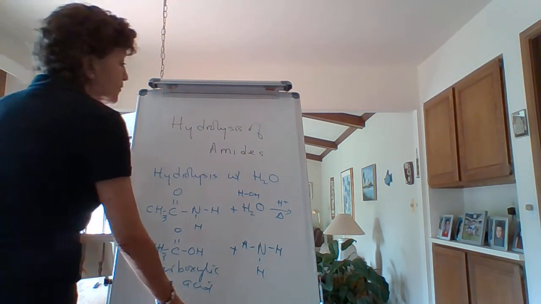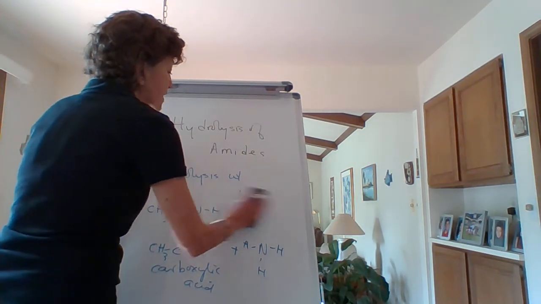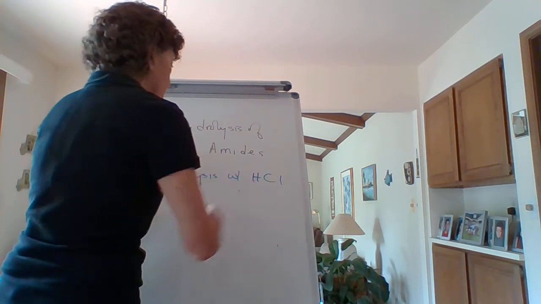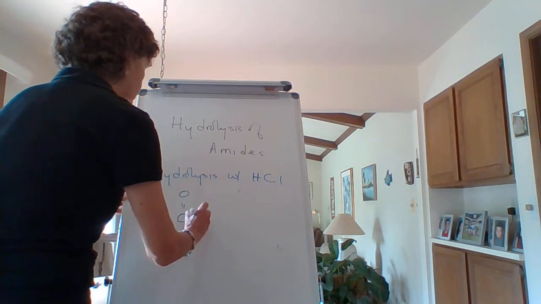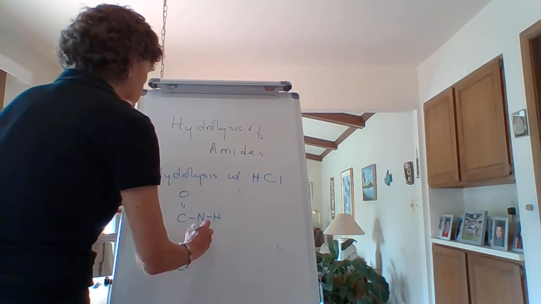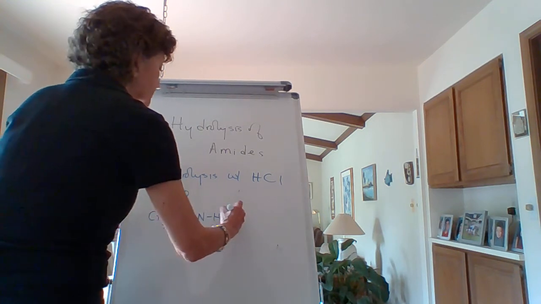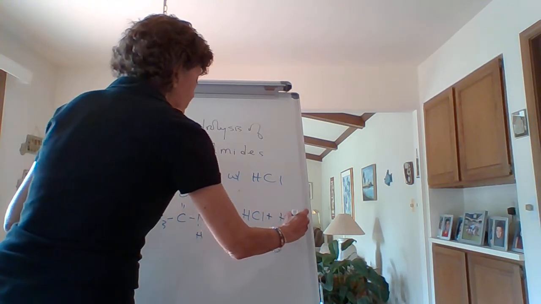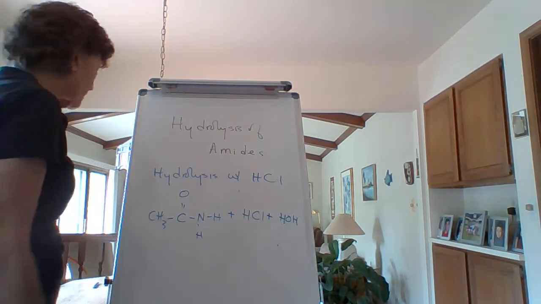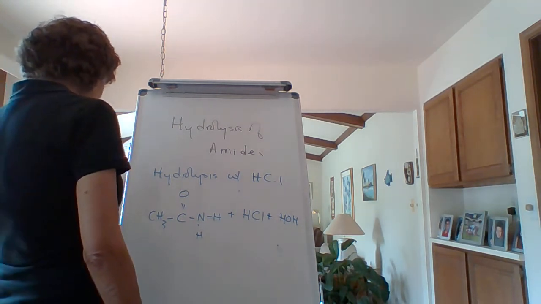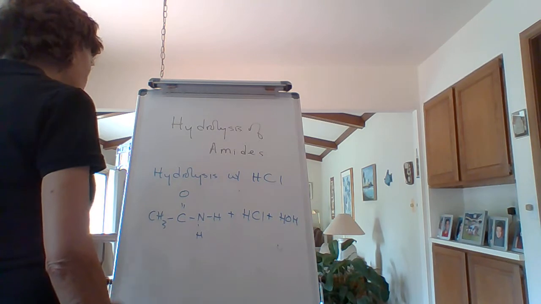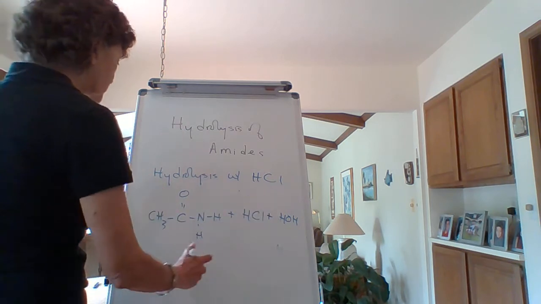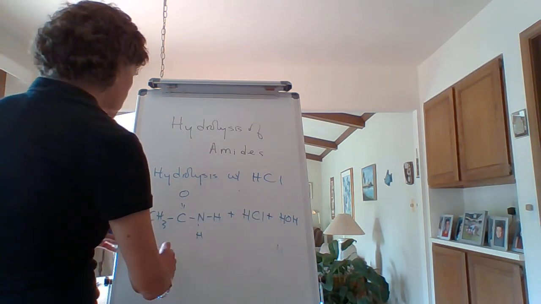Okay? Now, if you're going to hydrolyze it with an HCl, let's say I have a hydrochloric acid here. Okay, so let's go back to my amide again. And I'm going to put HCl. And I also have some water, so I need water in this too. So it's HCl aqueous. Okay, so what you're going to have for this one is that you have to use this chloride ion. You're going to use this, so playing around with it a little bit, you end up with